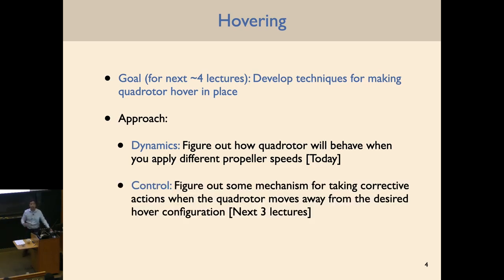And then the 3 lectures after that, we're going to think about feedback control. Once we understand the dynamics of the system, once we understand exactly how the drone behaves, can we figure out some mechanism for correcting for deviations from your target goal? If you want your drone to hover here, let's say there's a little wind that comes and blows the drone away, or maybe there's some imperfection in your model of the dynamics of the system. How can we make sure that we correct for those kinds of disturbances or some uncertainty that you have in the dynamics? That's roughly the plan for the next 4 lectures, which are going to focus on dynamics and